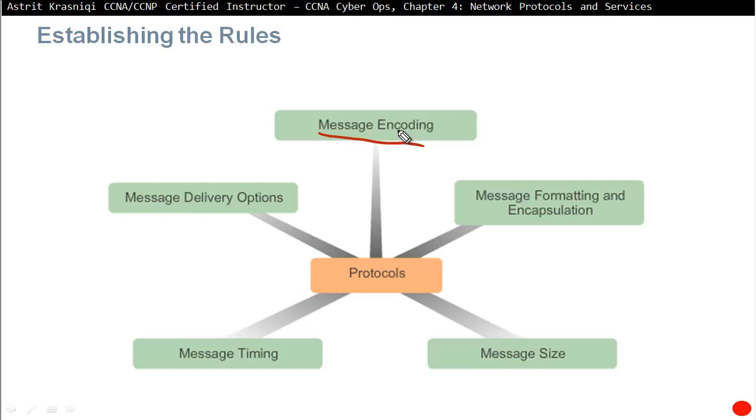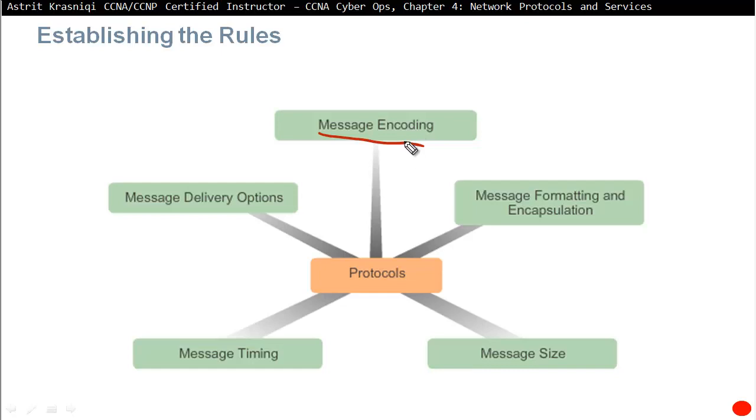Encoding is the process of converting information into another acceptable form for transmission. These messages sent across the network are first converted into bits by the sending host. Each bit is encoded in sound, light waves or electrical impulses. Now, you need to know how to encode. So the source needs to encode something, for example, put the information as light waves, and then the destination needs to understand how to decode